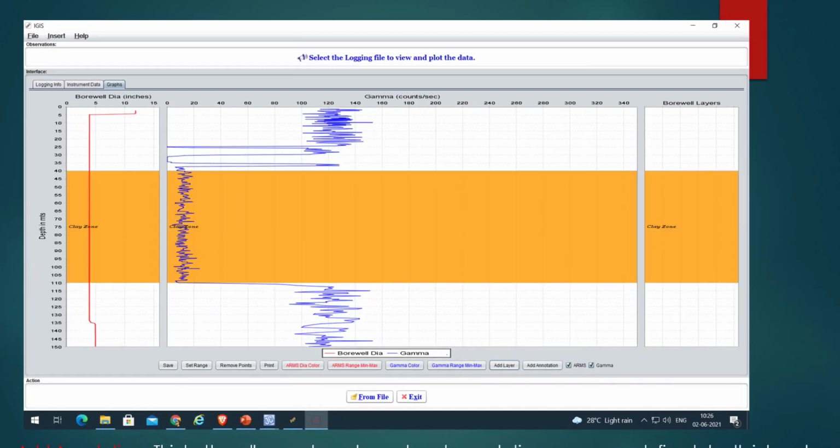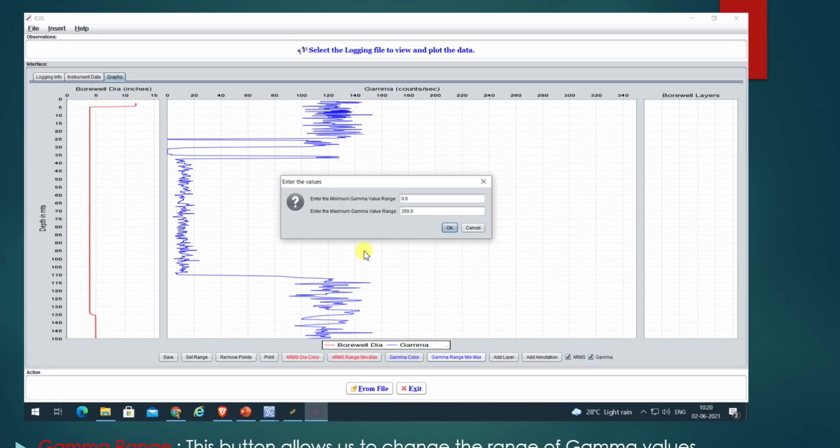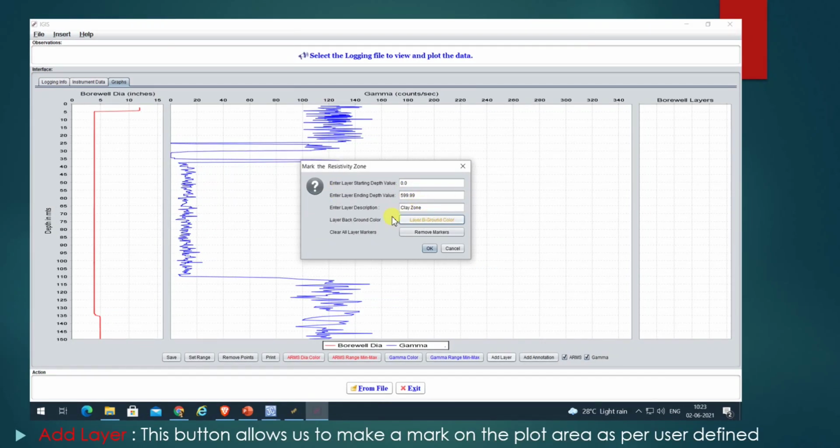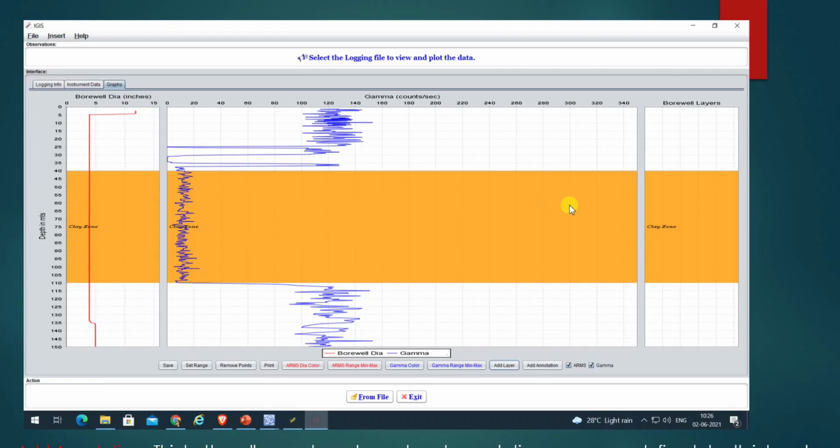So you can maintain this as layer by layer information also. For example, you can make this a clay zone and give some coloring, and you can give the range and explain what that zone is. So that will be applied to the graph. This is just for representation,